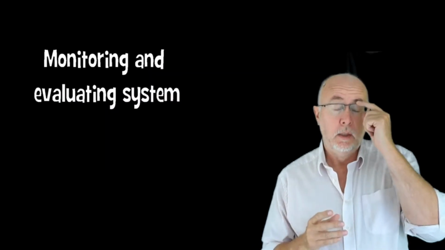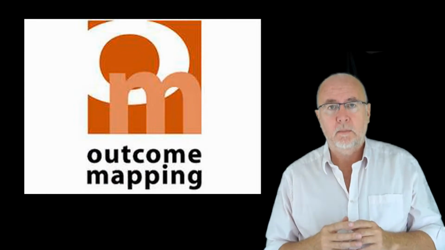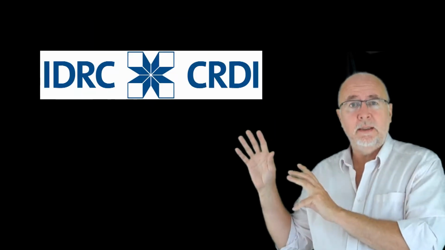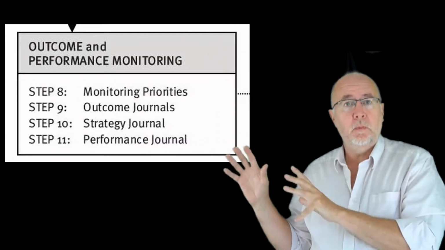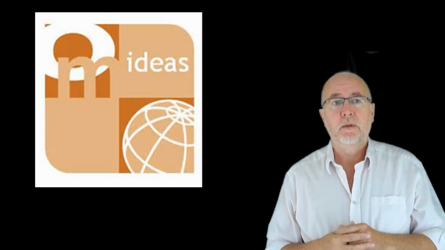This is video 9 or 10, I've lost count, of the series on outcome mapping. Now, in this video, you're probably expecting a lot of detail about the monitoring and evaluating system of outcome mapping. And certainly in the IDRC original toolkit, there were outcome journals and performance journals, etc., in order to try and capture what goes on from an outcome mapping point of view. Now, we'll actually come to that in the next video, some of the details of that, but for this one